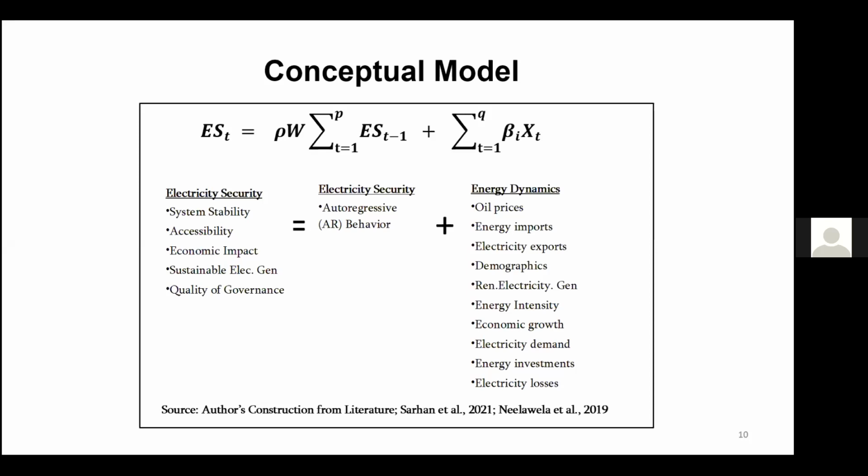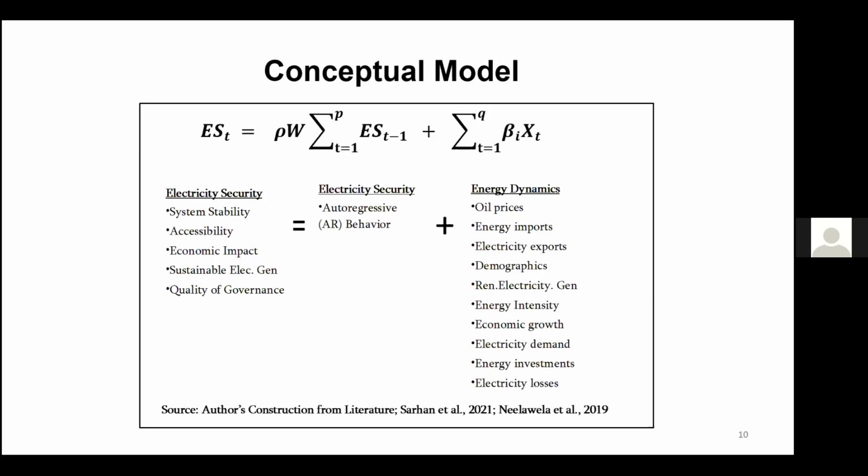System stability, accessibility, economic impact of electricity prices. You must have sustainable electricity generation, as well as quality of governance, which I will expound in the methodology itself. The second part is electricity security, the autoregressive behavior, that the electricity security we talk